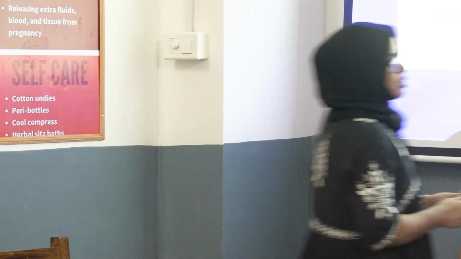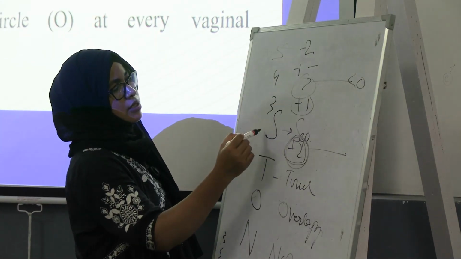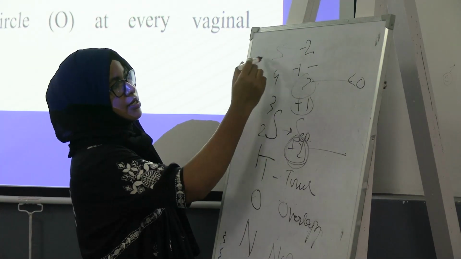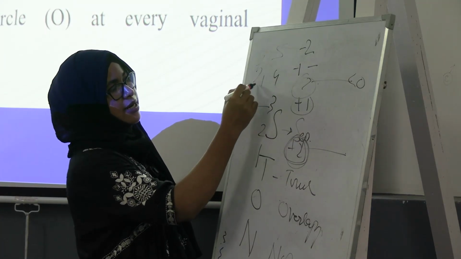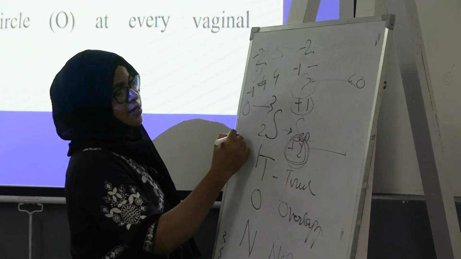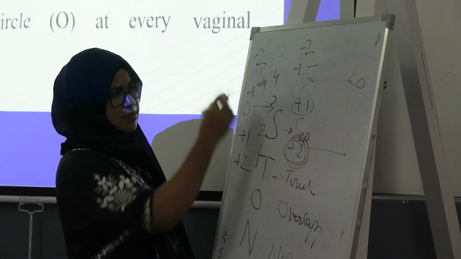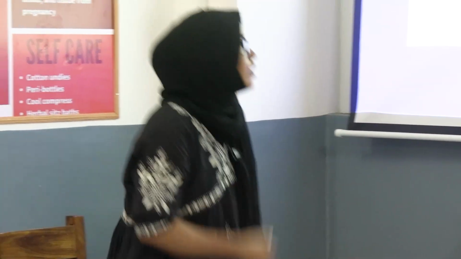This is the PV examination, but that is not plotted in the graph. In some books, it is given that this is plotted in the graph, like here it is 5, 4, 3, 2, 1, according to fifths of finger. In many books, it is given that 3 is taken as 0, and so on with +1, -1, -2, +2. But this is not the correct thing. Actually, in the partograph the descent of the head was plotted according to the fifths of the finger.